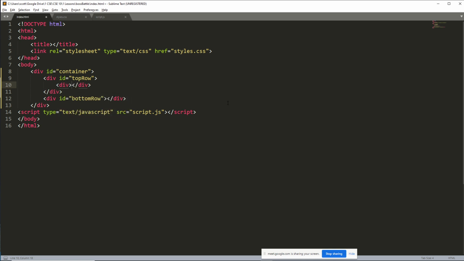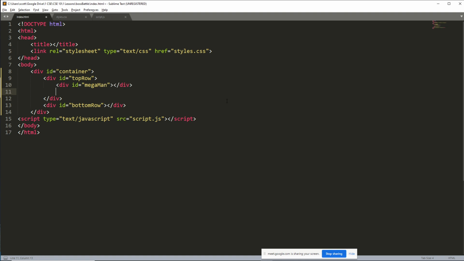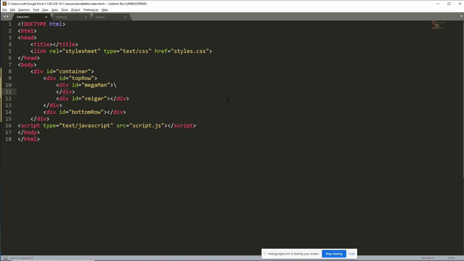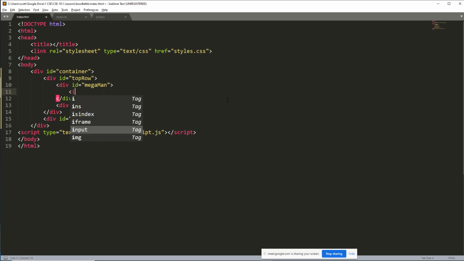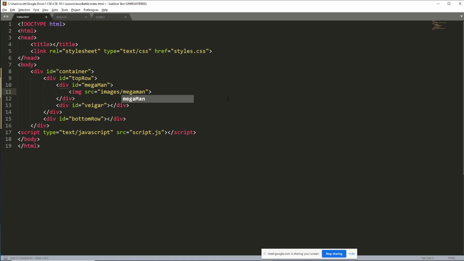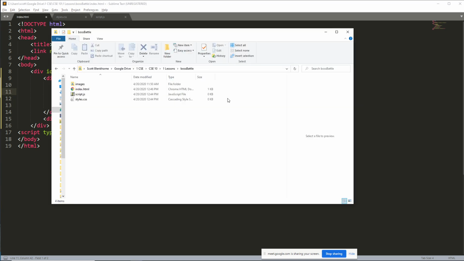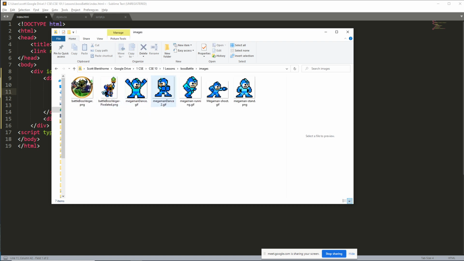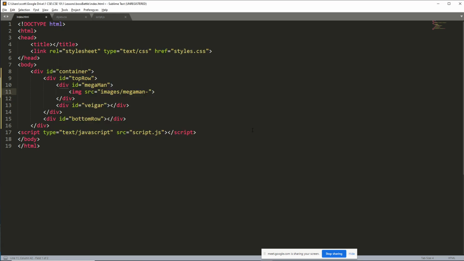I'm going to call this one Mega Man, and there's Vigar, and inside there I'm going to have images, Mega Man dash, what did I call it? stand.png,